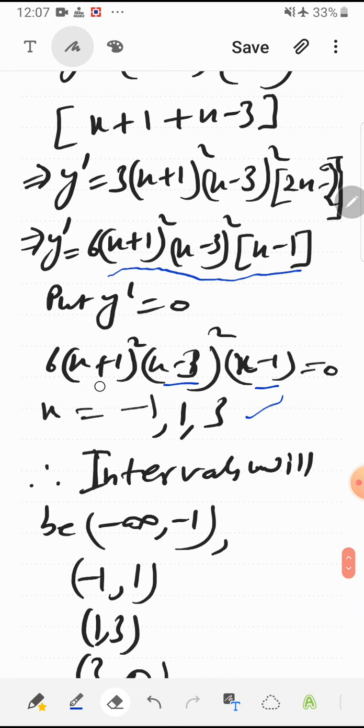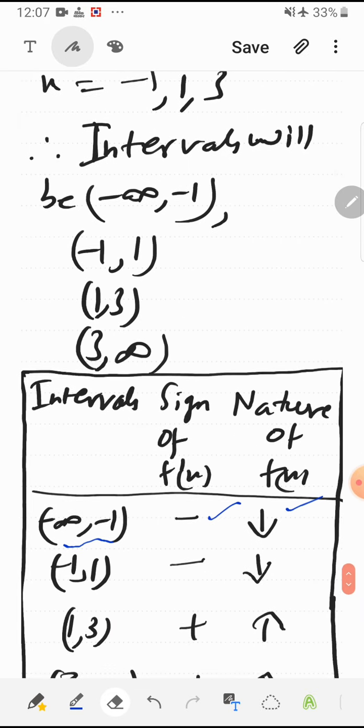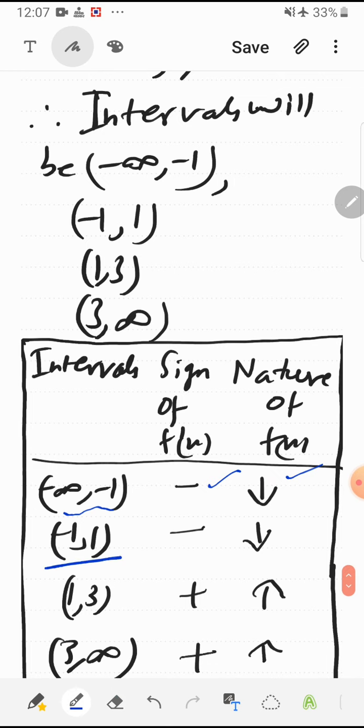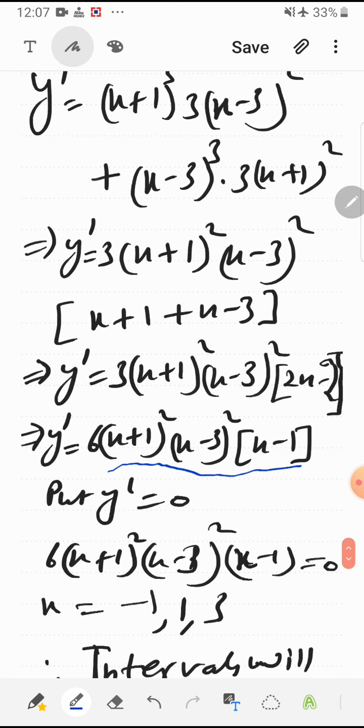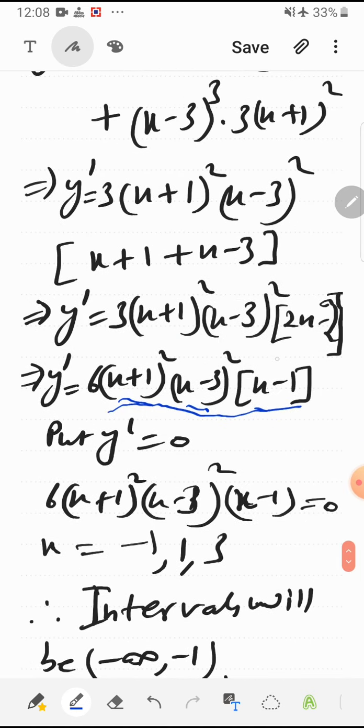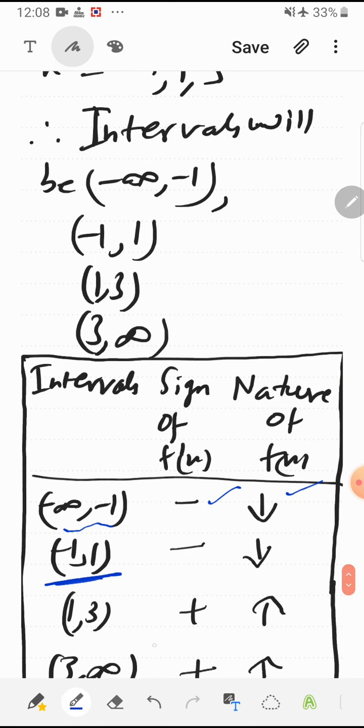But now when I put any other point from the second interval, let it be 0, because 0 is lying between this interval. Now when I put x is equal to 0 here, you can see it is again unaffecting the result, because of the square overall it is positive, and when I put x is equal to 0 here, that means it is negative. So only this interval is the decider, so that again it is negative, and remember it is a consecutive interval.